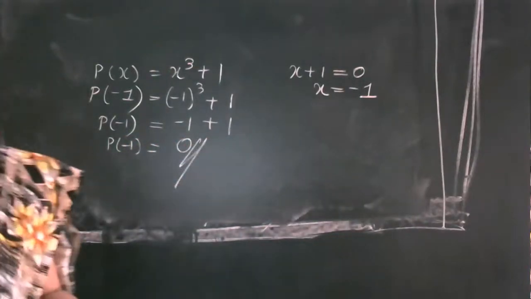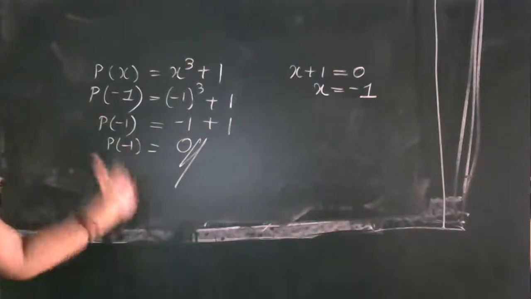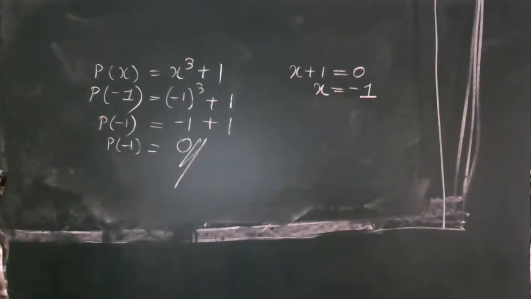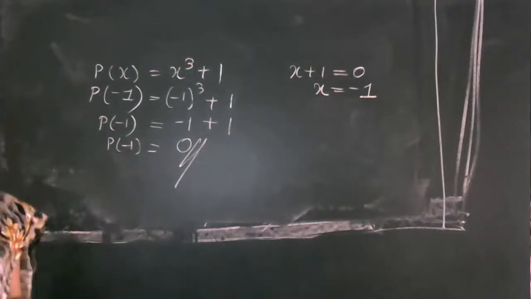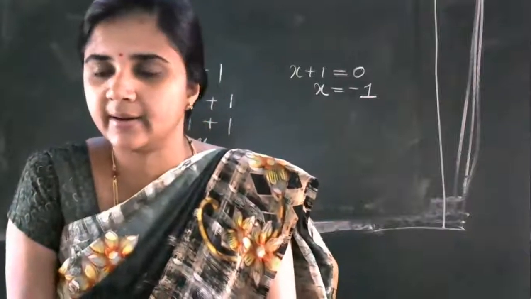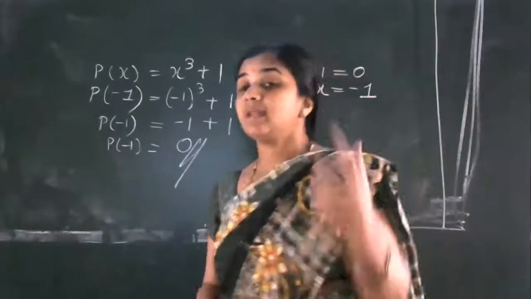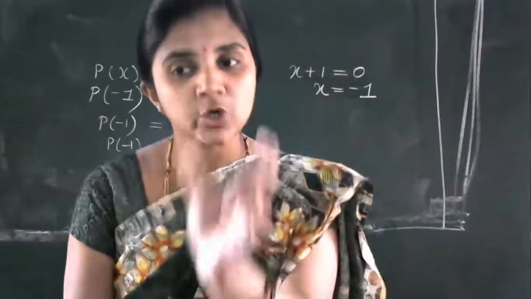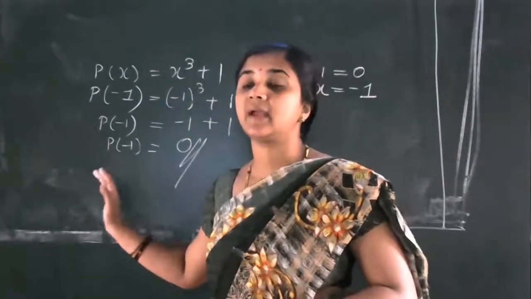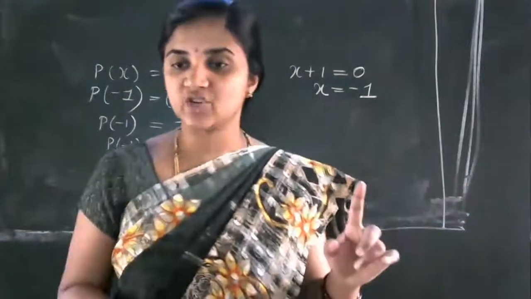So in the long division process you have got the remainder 0, and in this remainder theorem method also you have got the answer 0. So in the examination, if they have asked to just find the remainder, then you can choose this method, the remainder theorem method. Or if they ask the question to find the quotient and remainder, then you cannot choose the remainder theorem method. If you want the quotient, then you have to choose the actual division method.